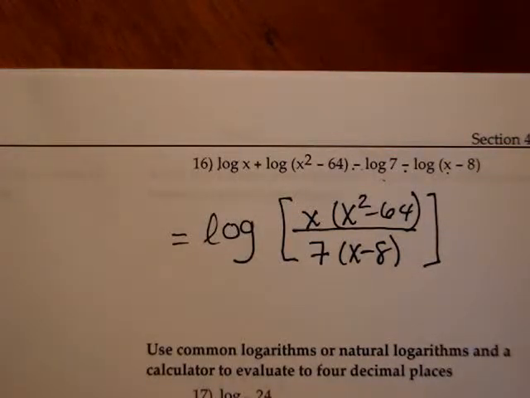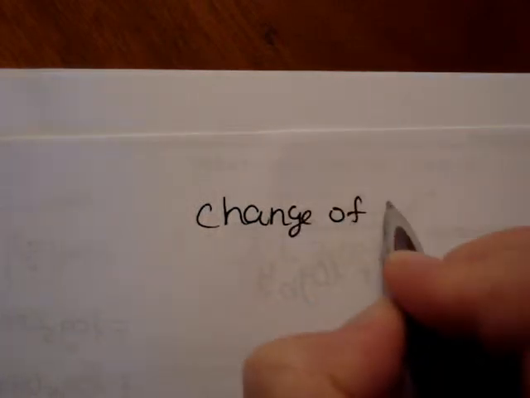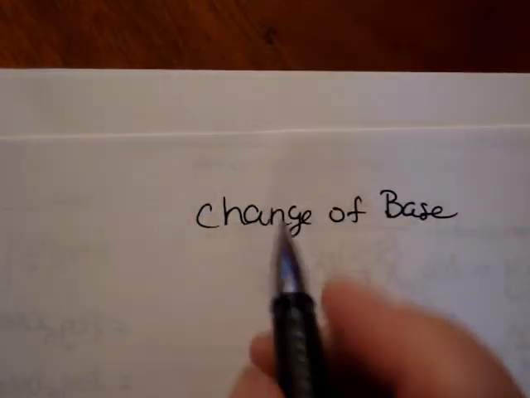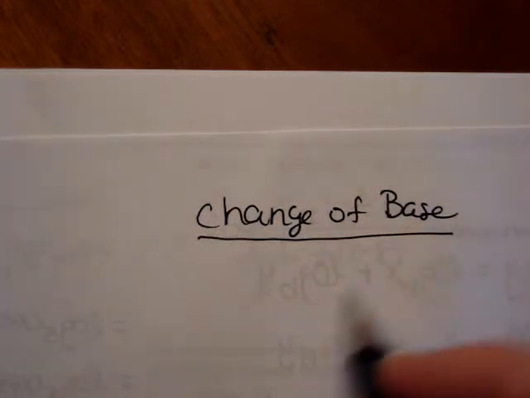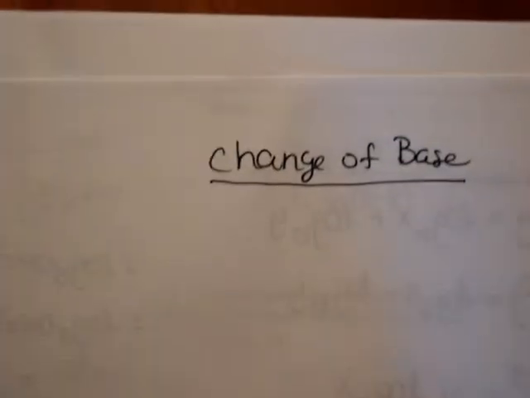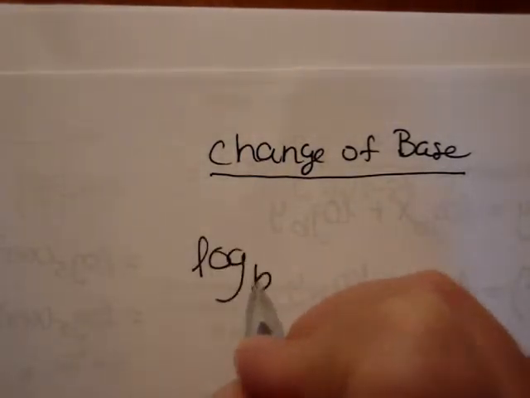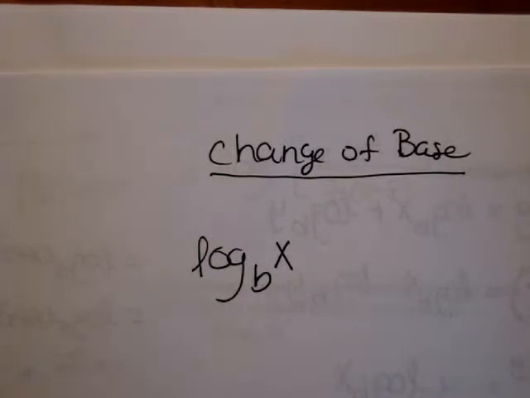All right. The last thing I'm going to talk about is the change of base formula. We saw this in class. Change of base. Remember, most calculators can only do logs in base 10, the common log, or logs in base e, the natural log. So if I wanted you to evaluate some other random log, log base b of x,